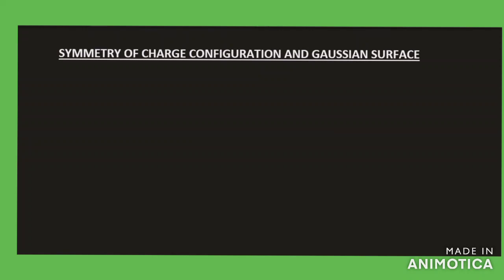Now, the electric field due to certain charge configurations has some kind of symmetry. If we know the symmetry of a charge configuration, it will be easier to select the Gaussian surface to apply Gauss theorem. For example,